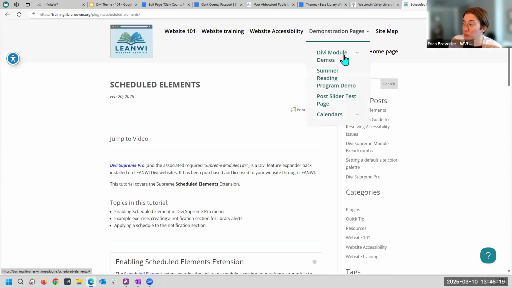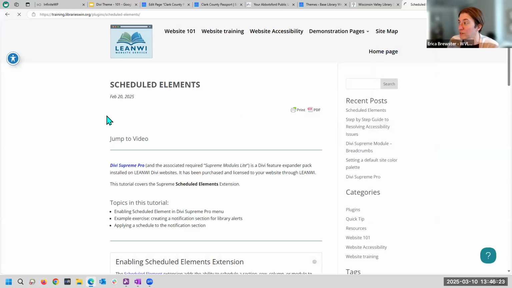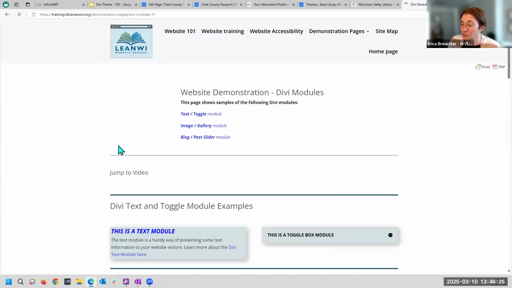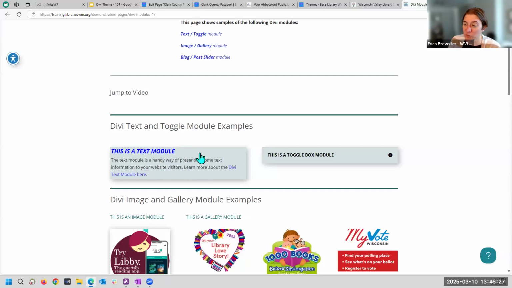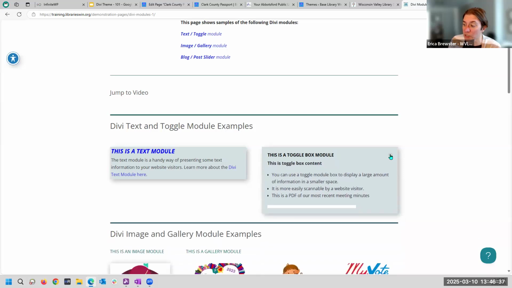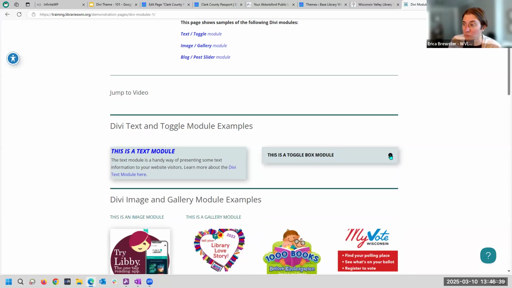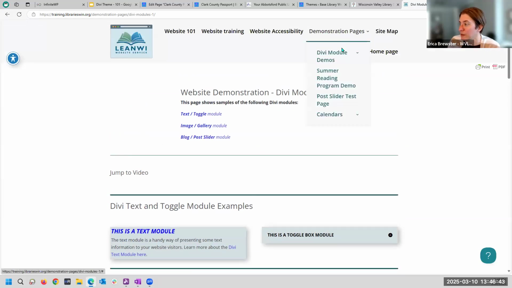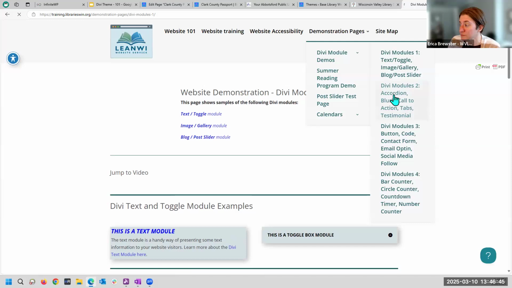I do have some demonstration pages, so maybe I'll even just pull this up. The text and toggle. So a basic text module, you can put in a background color, you can add a heading within a text box. And then the toggle box, again, is where you can open and close to display some information in a more condensed format. The accordion,